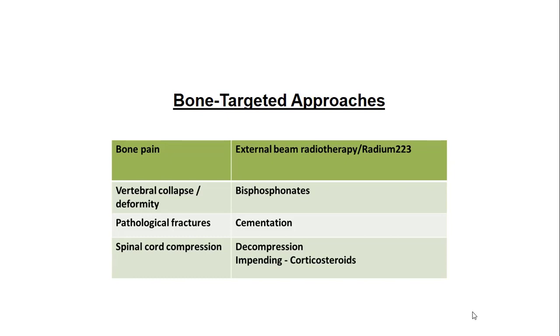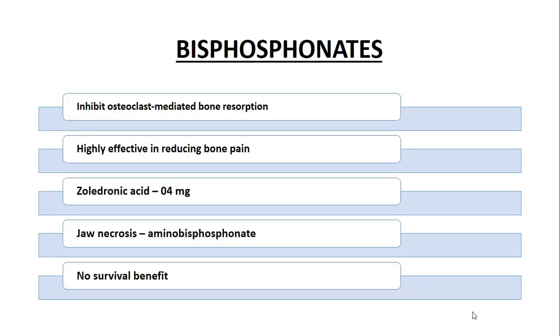So, in bone targeting approaches, for bone pain you use radiotherapy, radium 223, and for vertebral collapse and deformity we use bisphosphonate, and for pathological fracture cementation, and for spinal cord compression it is decompression or corticosteroid. First we give corticosteroid, then